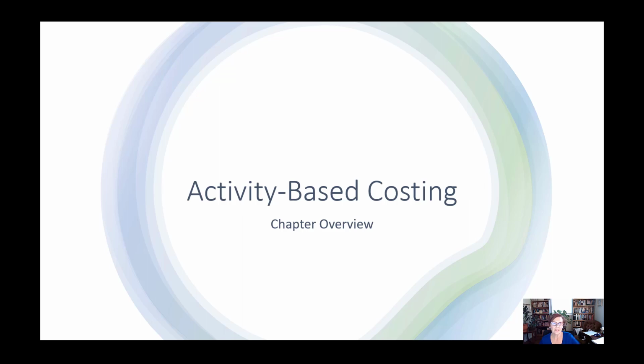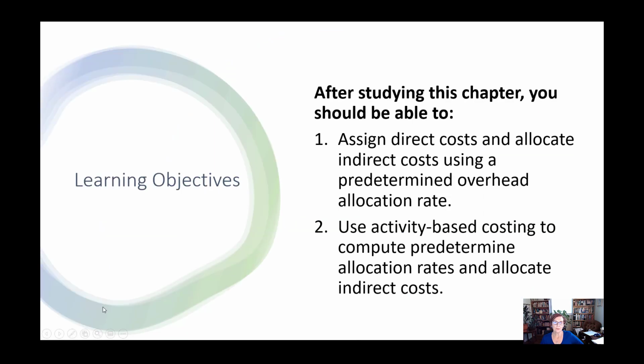Hello everyone. In this chapter overview video, we're going to take a look at activity-based costing. So we're going to look at only two learning objectives here. The first is to review using a predetermined overhead allocation rate. And the second is how we use activity-based costing, which uses multiple rates instead of one rate to allocate indirect